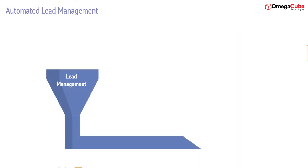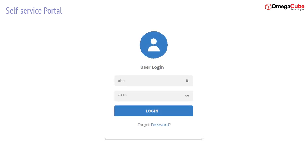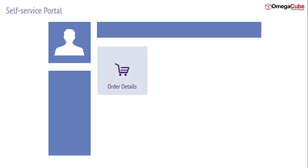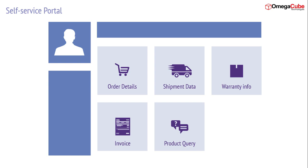Lead management is further automated as lead data from customer interactions, responses, form fills, calls, emails, social media accounts etc. can be tracked in real time, and converted to high-quality leads. Dedicated self-service portals for customers can be created and customized. They can log in and access order details, shipment data, warranty info, invoice, and product query, thereby reducing overall interaction